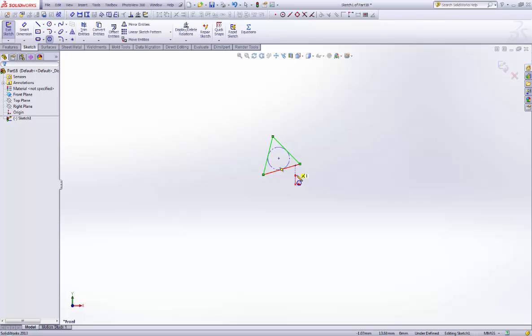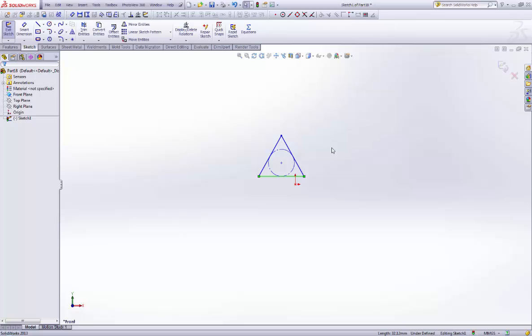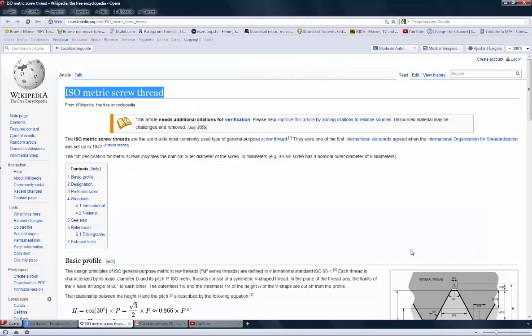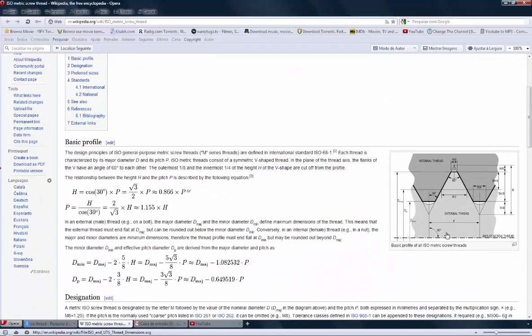Okay, now we'll have to make sure that this line is horizontal. Okay, and now we will use equations to dimension our triangle, and this is a basic profile of all ISO metric screw threads, and there are 4 dimensions that we need